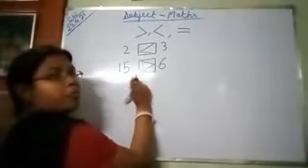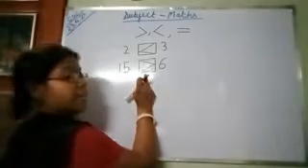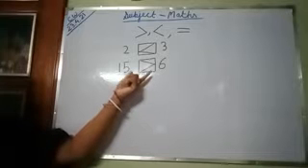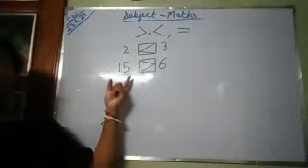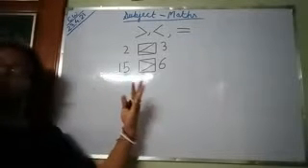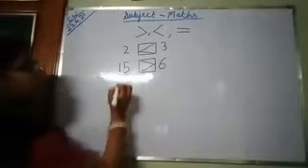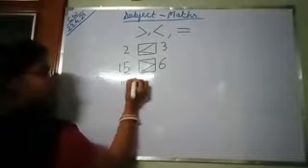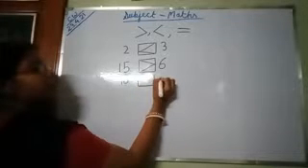This side we will open our mouth, and what will we read? 15 is greater than 6. Wherever the number is more, wherever the things are more, same for numbers also. Wherever the number is more, we will open the mouth on that side. Okay, let's give some more examples. Suppose here it is 10 and here the number is 20.